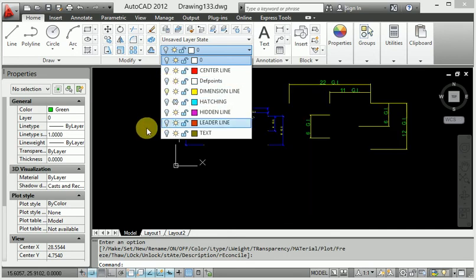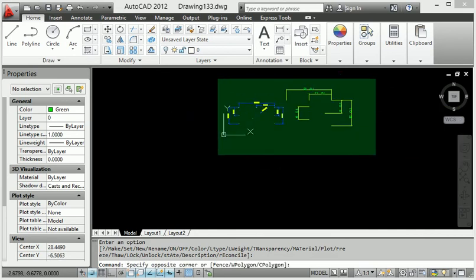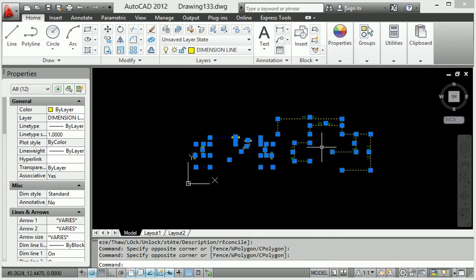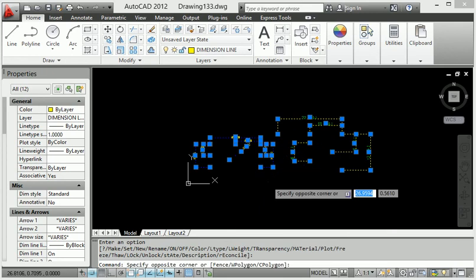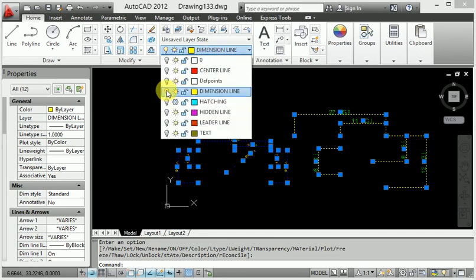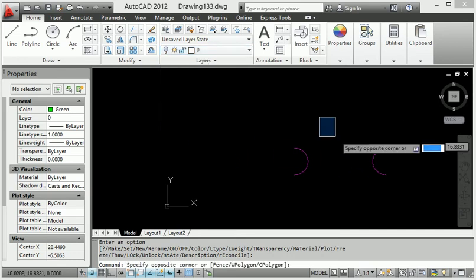So look at this, all dimension is here. Look at this, every dimension comes from this background. So it means this is a dimension right now. When again I hide the dimension and show the hidden line, this is called hidden line.